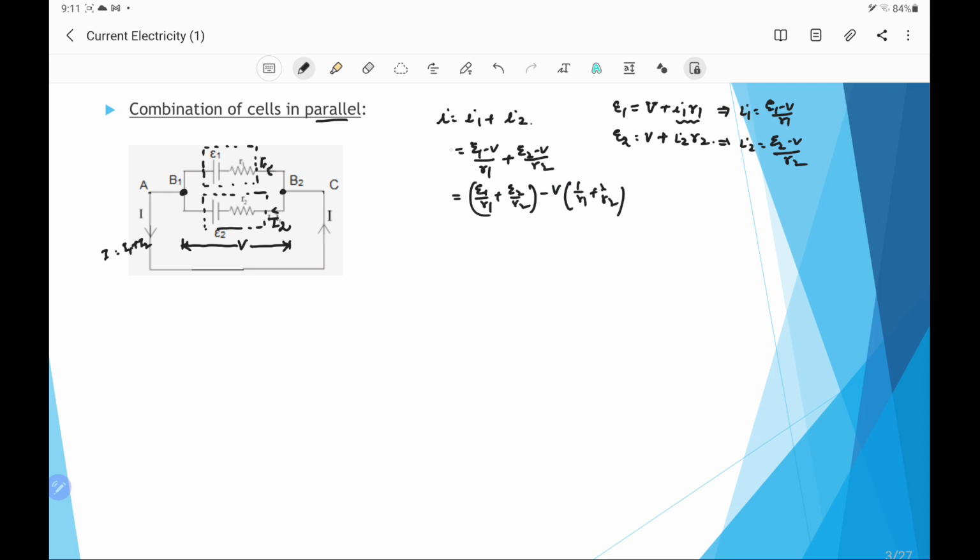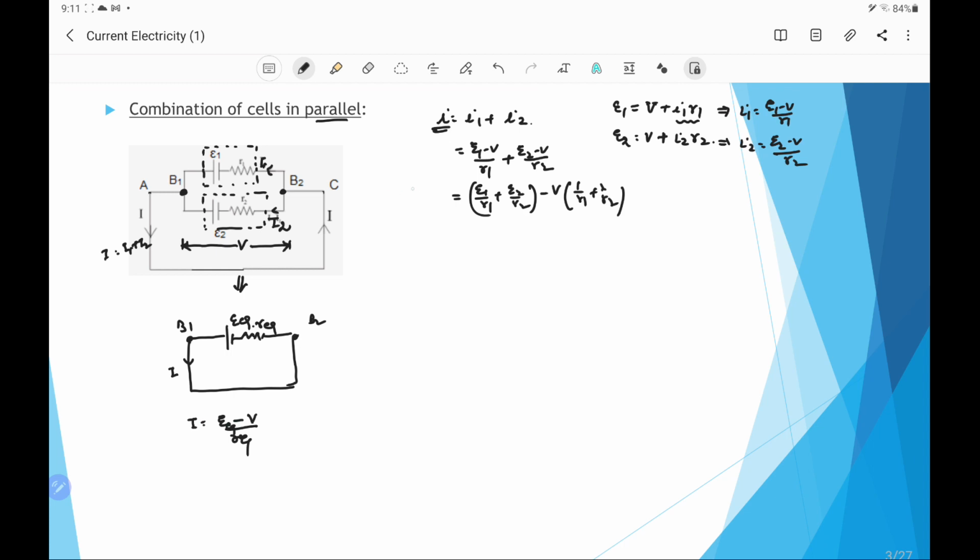In a similar way, for this resultant current I, if we make an equivalent circuit in which between terminals B1 and B2 we connect an equivalent cell, say EMF E, which has the internal resistance R, this is the R equivalent and this is the E equivalent, and it is connected through the external circuit, say directly or through an external resistance R, a current I is flowing. So for this circuit we can also write that I equals (E minus V) by R equivalent. This is the E equivalent.